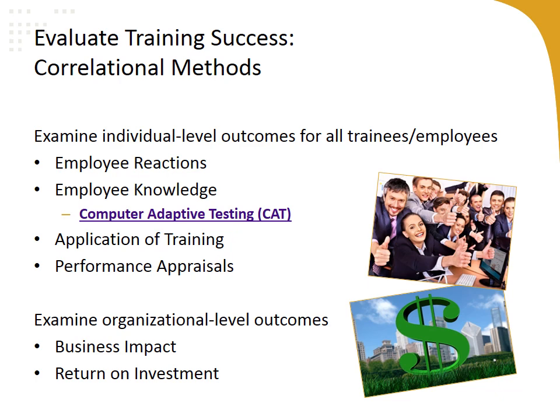Now there's something that's called computer adaptive testing, or CAT, and this is a method for administering exams that merges computer technology with modern measurement or psychometric theory to increase the efficiency of the exam process. So, computer adaptive testing is used to more quickly assess knowledge gained from training by requiring fewer questions. The way that it works is that if you answer questions correctly, then you get more and more difficult questions. And then you do not have to answer as many questions because your knowledge has been assessed with more difficult, higher level understanding questions.